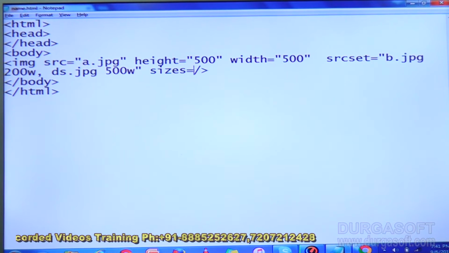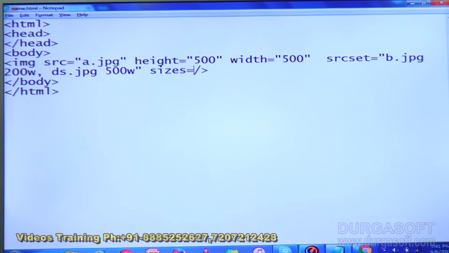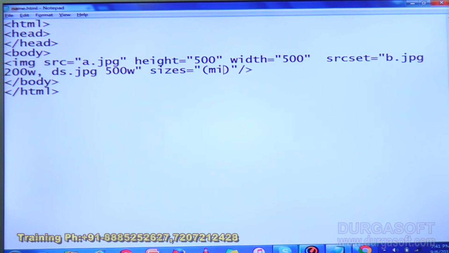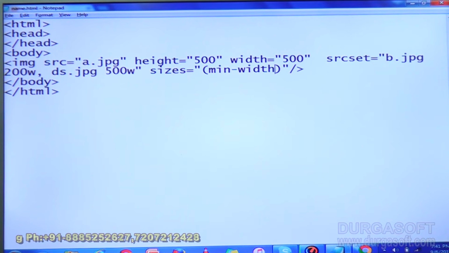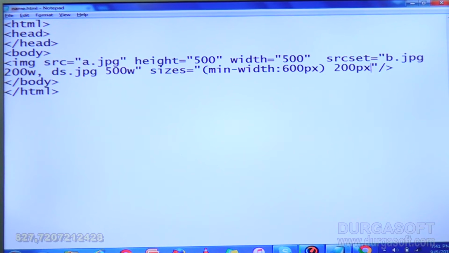Sizes allows the user to write media queries. Here in double quotation marks I am writing, when the minimum width is 600 pixels, then it will apply those styles. 200 pixels, comma, here I am writing 50